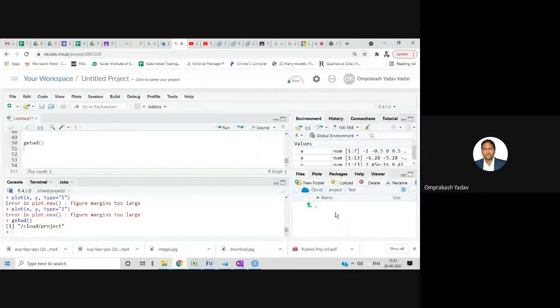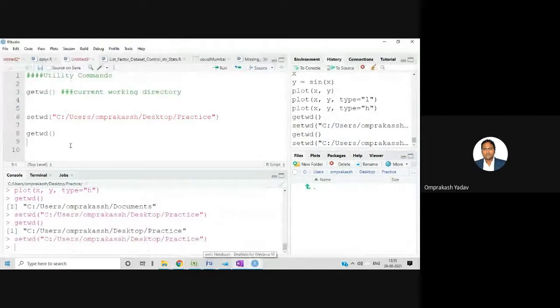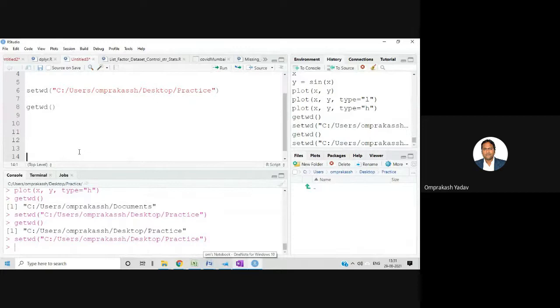Now if you would like to set this particular folder as the current working directory, you can do that by using the command over here. But if you're not setting anything, it will stay in one particular folder only. On a local machine, there are lots of folders here and there, and if you want to set one particular directory, you can always set it that way. Remember these two functions: getwd and setwd. setwd is for setting the working directory, getwd is for getting the current working directory.